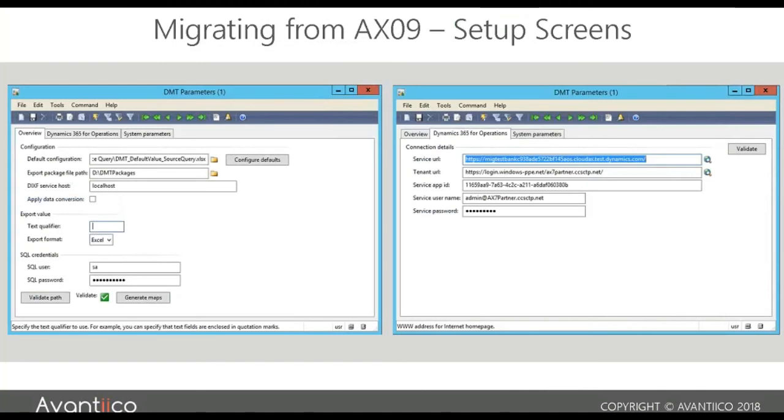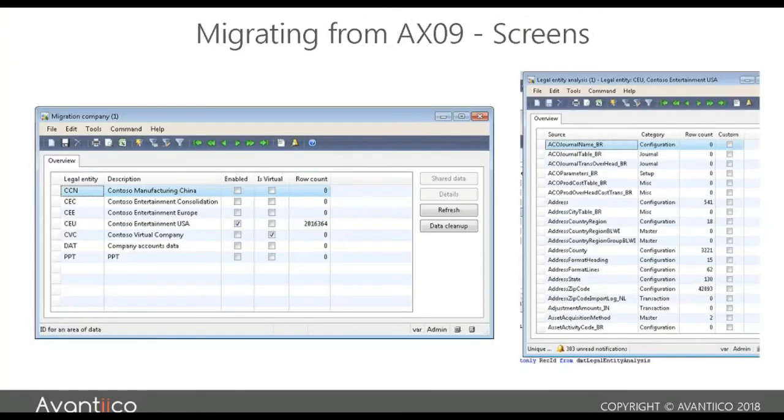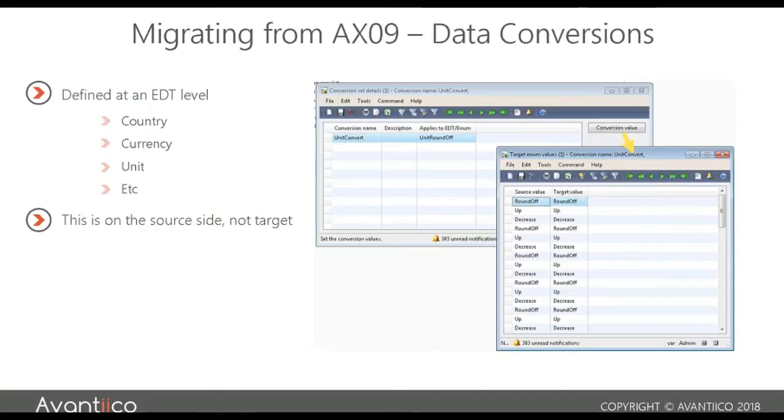Again, you load that in and configure the defaults. On the right-hand screen, this is where you configure your source or your 365 environment. You enter what's called an app ID that's set up in Azure, and that has a connection to 365, a username and a password. Then you go through the various setups. You migrate the company accounts, and it gives you a bit of information about how many records are in there, row counts, things like that.